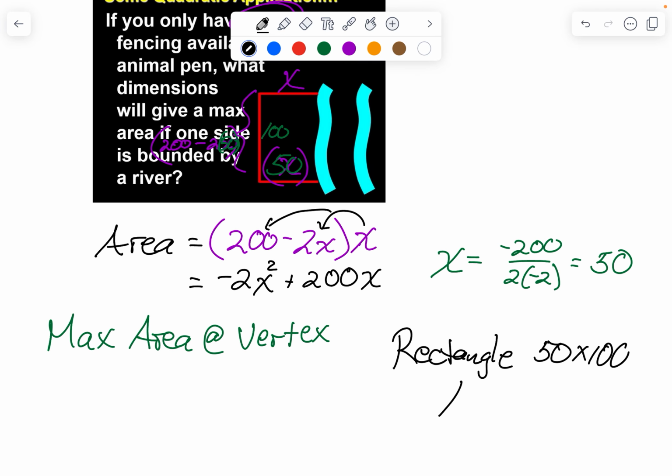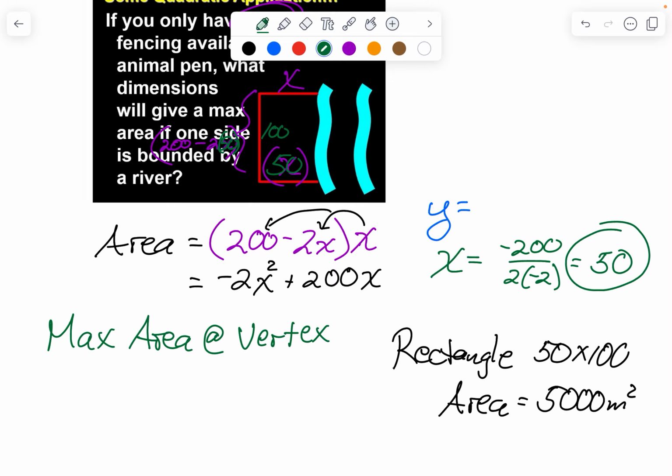And of course, the area of that, when multiplied, is 5,000. This thing's in meters, so we can call it meters squared. What's that, you say? We could have plugged back in to find the y value. Yeah, absolutely. You could plug back in. Again, you're 50, and when you plug that into the equation,